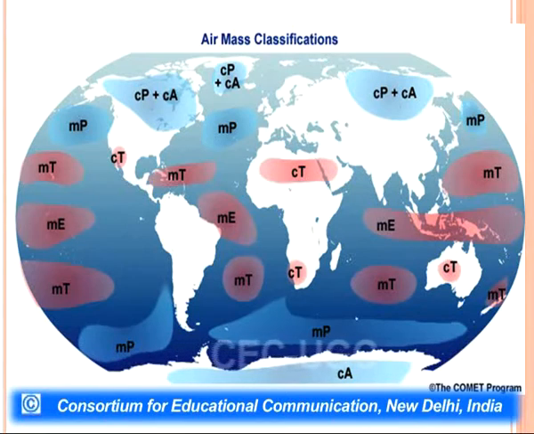After the formation, when it leaves the source region and moves south, it is very interesting to know that there is a key role of the Mongolian desert. The storm track of the CP is decided by the Mongolian desert. The storm track is the pathway which an air mass follows. So the storm track of the CP